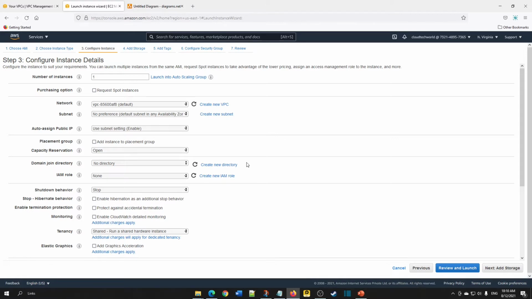So for the Windows instance, it should be on the public subnet. So make sure you are choosing the VPC which we created, and choose the public subnet and choose enable public IP, because the Windows instance is connected to from a user, so it needs an internet connection.